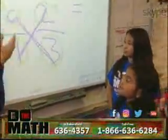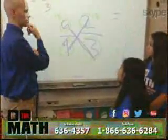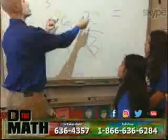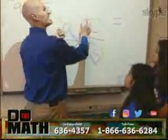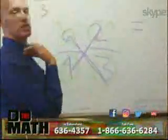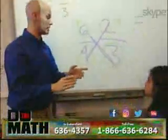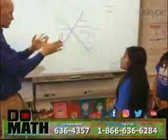So what would it look like if these two fractions were not equivalent? What would have happened with cross multiplication? It would have been different numbers. So these two values, 18, would have been different from each other. You might have got like 20 here and 18 here, and if that's the case, then we know that they're not equivalent. So that works for a lot of ways, and we'll talk about that in a little bit. But I wanted to go over our...